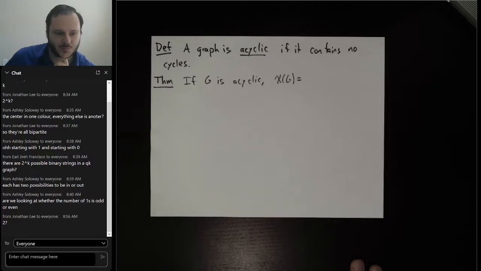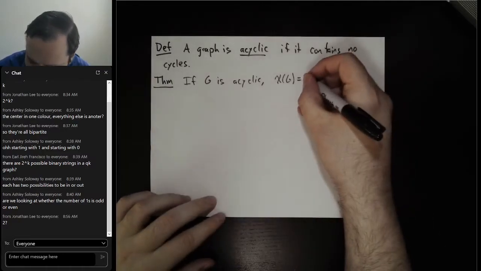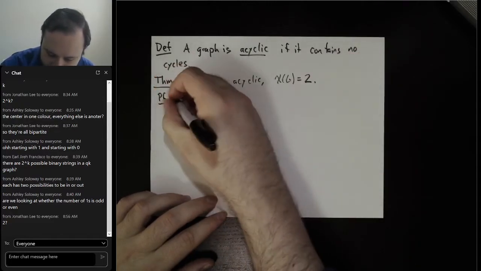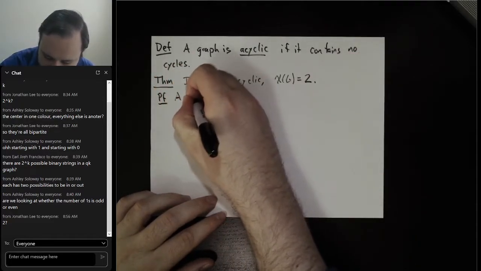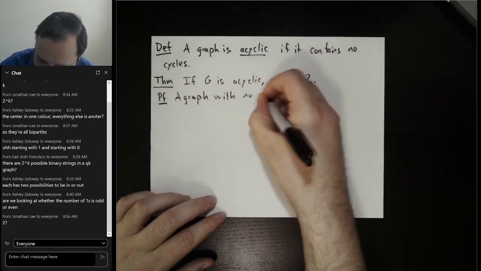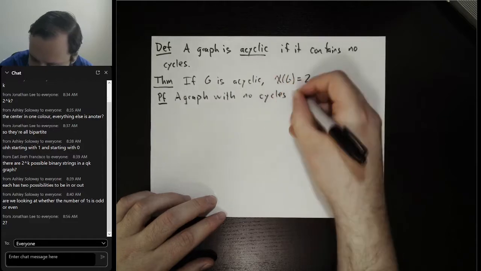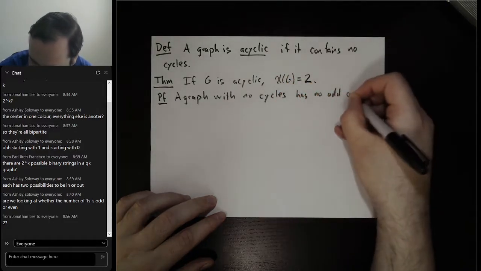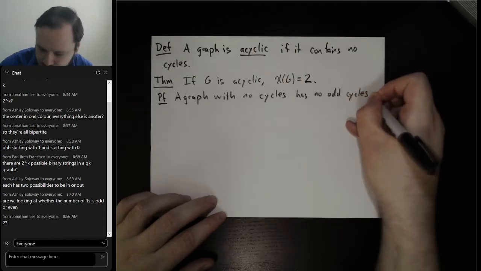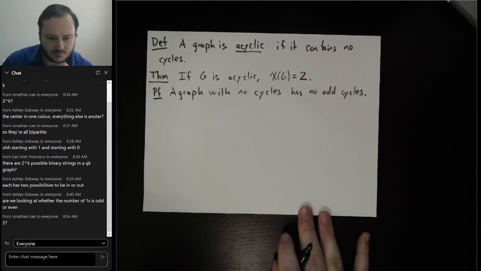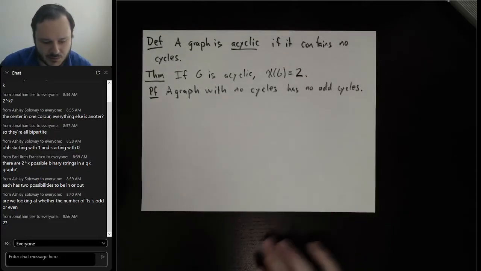Two. Really good. If you have no cycles, a graph with no cycles has no odd cycles. Right? If you don't sell,